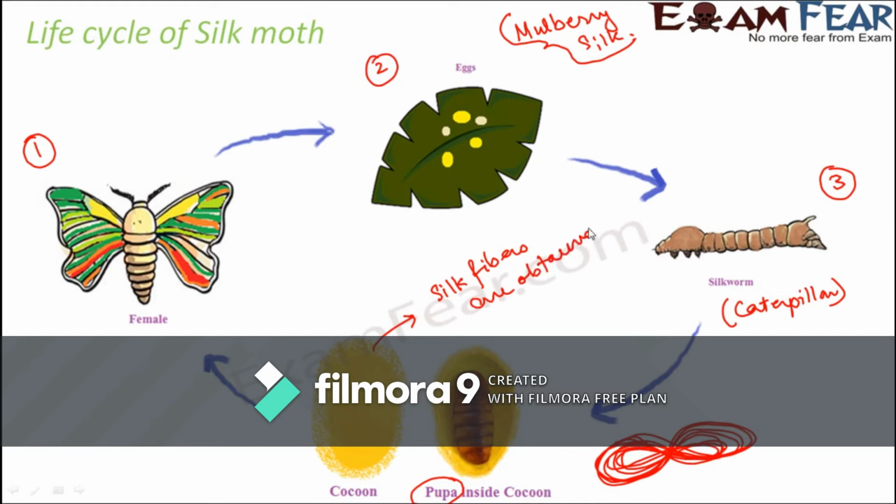So the silk fibers are obtained from the cocoon, because the cocoon is nothing but it is made up of the silk fibers. It is made up of that protein which is secreted by the silkworm, and that protein, being exposed to air, becomes a hard structure which is called the silk fiber. Now different silk moths secrete different types of fibers. Right now I was giving the example of the mulberry silkworm. This type of silkworm secretes a specific type of protein, and the type of protein secreted by the silkworm decides the type of silk that will be obtained from this particular silk moth.